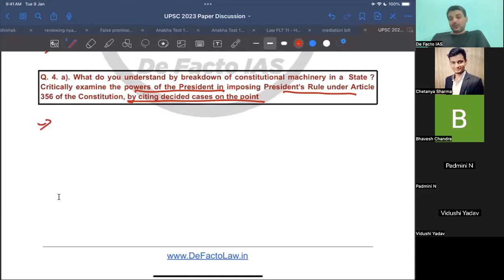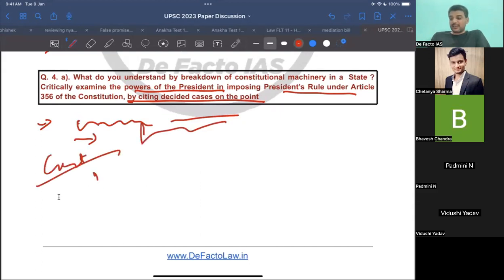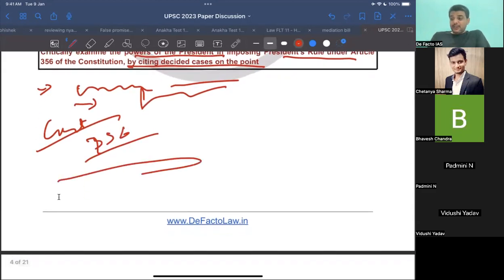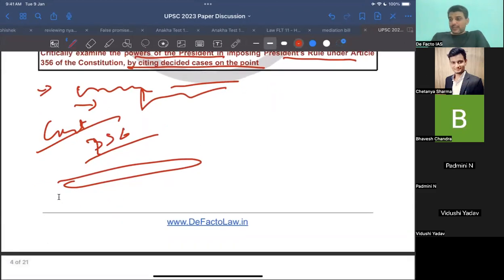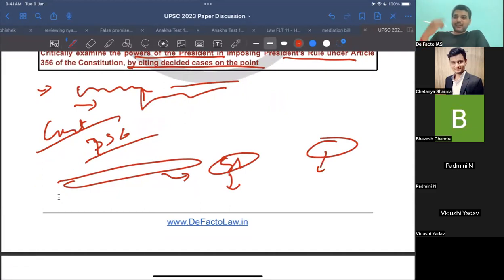First, you will write that it is one of the provisions unique to the Indian Constitution, and it is sometimes considered against the federal spirit. Then the constitutional provision, right? 356, exactly what does it say? Then write the meaning of the words failure or breakdown of the constitutional machinery. Then you write it has often been misused, but the Supreme Court through judicial decisions has pinpointed grounds which will be counted as a failure of constitutional machinery and the grounds which would not be counted as a failure of constitutional machinery. Like defeat in Lok Sabha is not a ground, breakdown of law and order is not a ground,